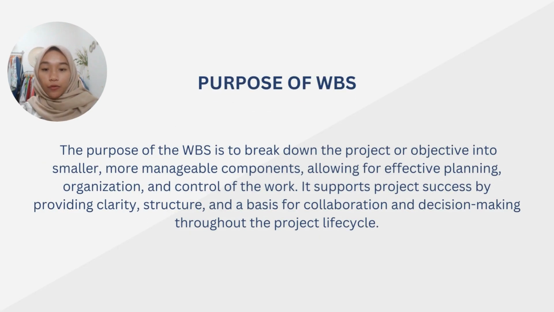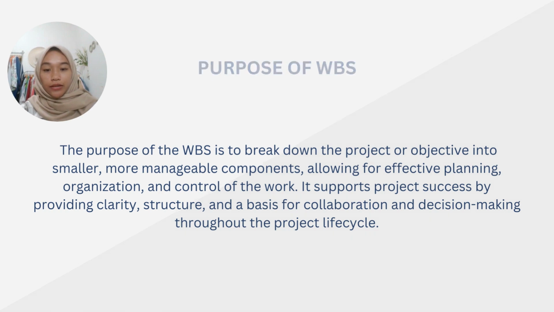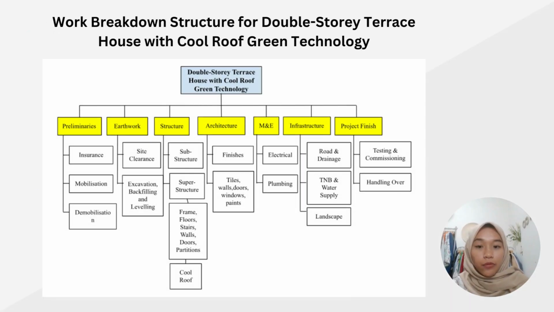The purpose of the work breakdown structure is to break down the project or objective into smaller, more manageable components, allowing for effective planning, organization, and control of the work. It supports project success by providing clarity, structure, and a basis for collaboration and decision-making throughout the project lifecycle. This is the work breakdown structure for our project, which is the double-story terrace house with cool roof green technology. The work breaks down into 7 categories, which are